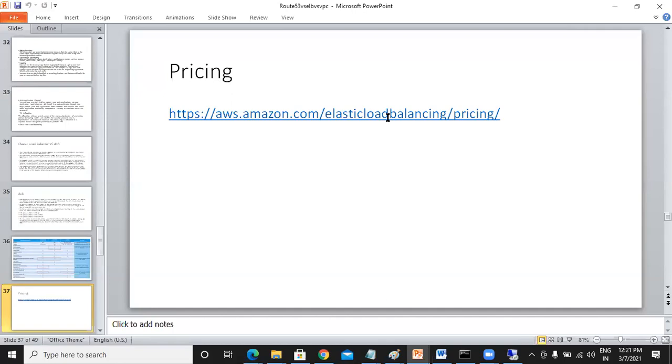The number of LCUs you consume on a per hour basis determines the charges, whether you take application load balancer or a classic or a network. Basically, if you take application load balancers, they charge you around $0.008 per hour, depending on the use case and the number of connections you have. So application load balancer, as I told you, is the majorly used load balancer in AWS.